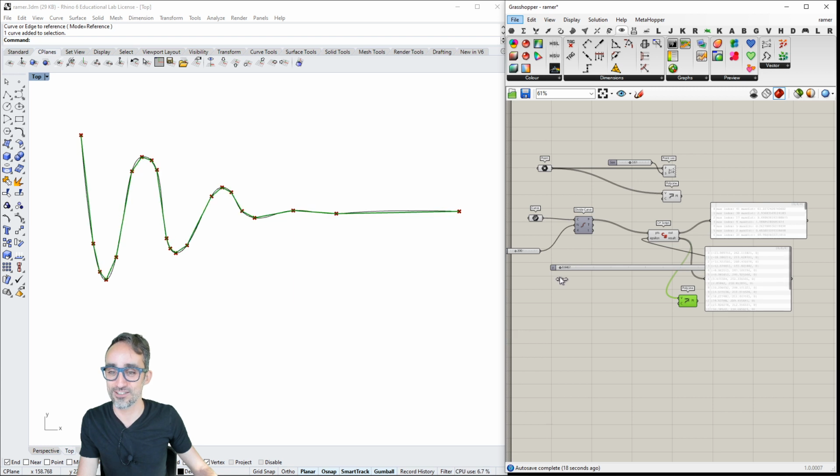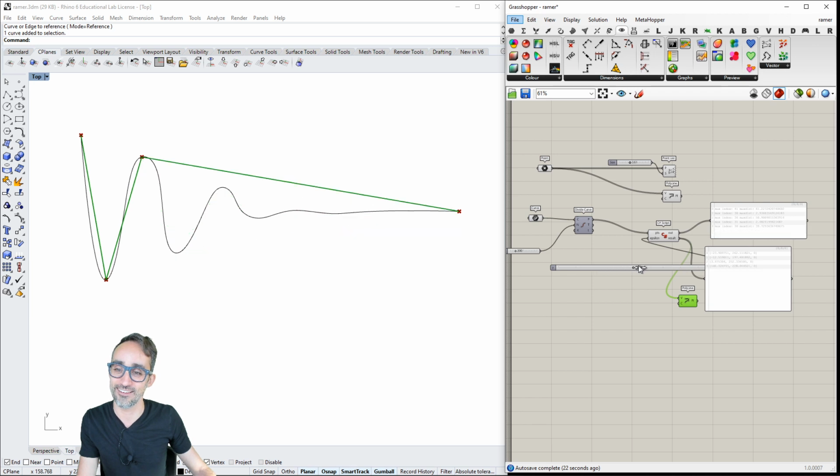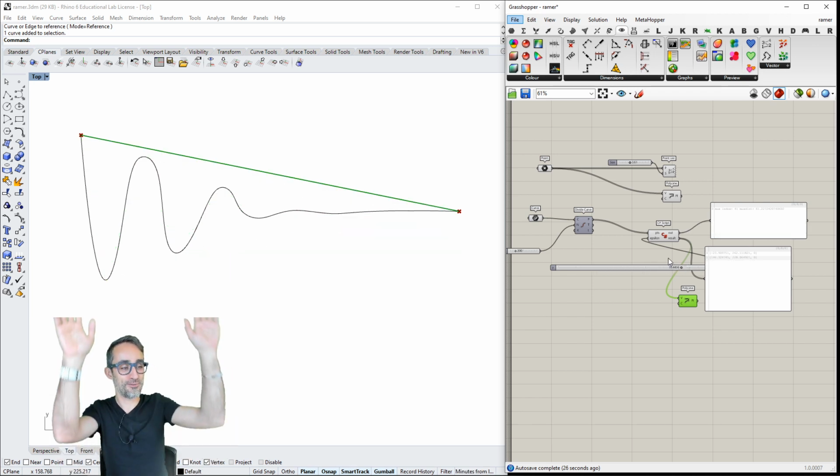Okay, simplification up and simplification, yay, woohoo!